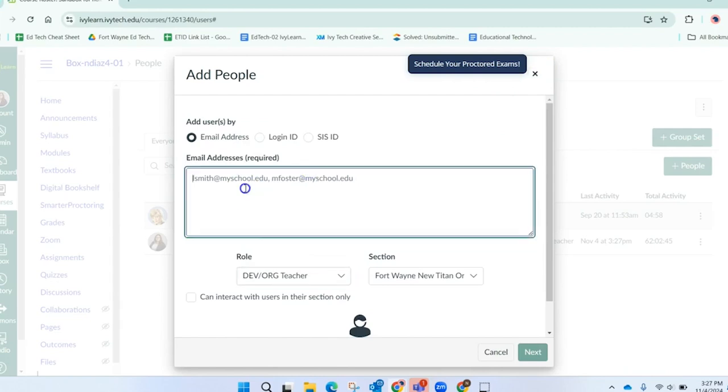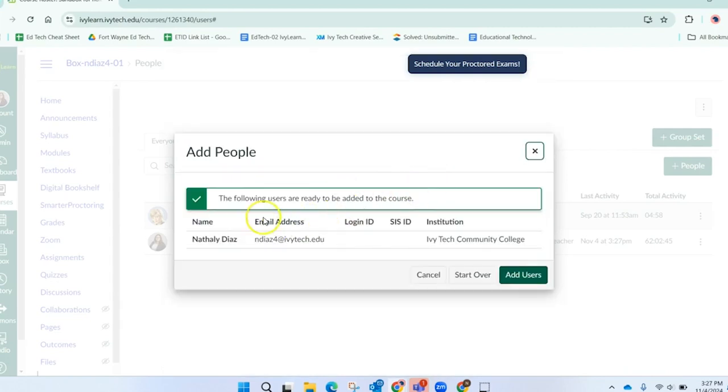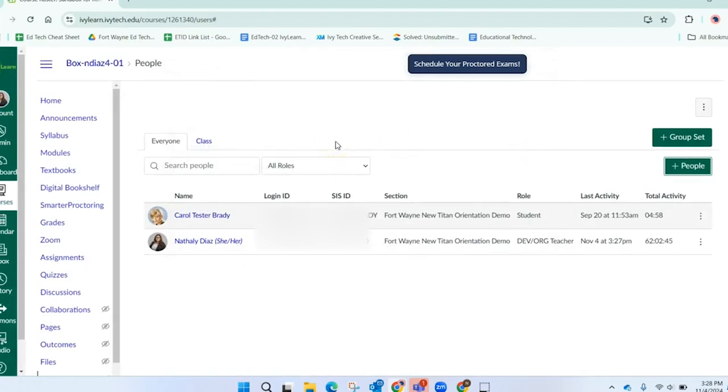So for example, let's just add myself again. And then once you're sure that is the correct instructor, you'll click on Add Users. And that request pop-up will also pop up on their Ivy Learn page to accept.